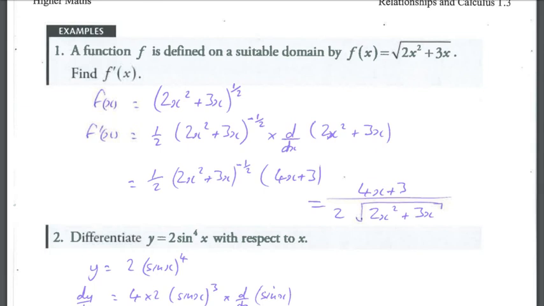So a function f is defined by f of x equals the square root of 2x squared plus 3x. Find f dashed of x. So first of all, put it into a format that we can differentiate. So we can't be differentiating if we have it in root format. So we go to a fractional index. So it'll be bracket to the 1/2. Now remember, the chain rule says,